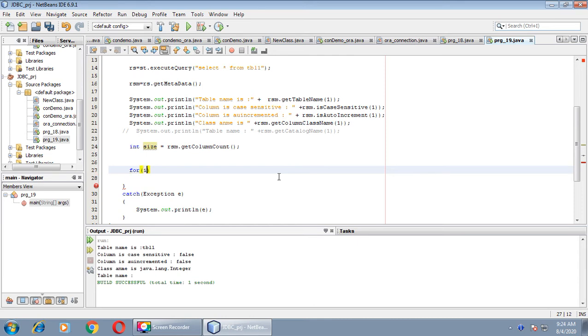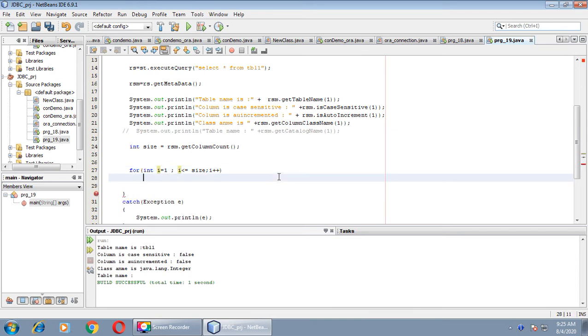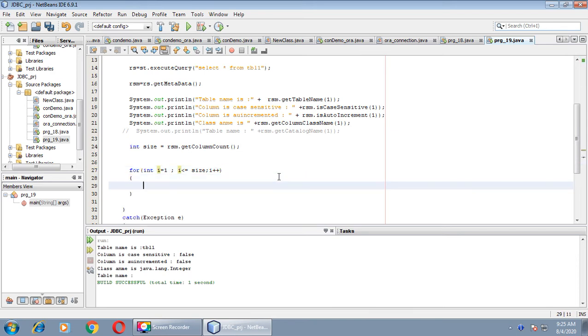For that, create one variable of type integer, i equals 1. Begin this loop with the value 1, and how many times do we want to iterate this loop? Less than or equal to size, i plus plus. Inside the loop we will get the column name by defining a variable of type String, cnm.